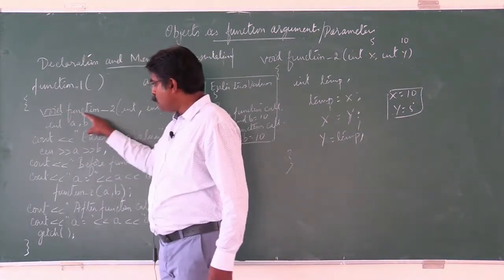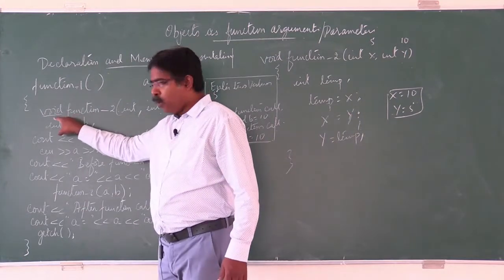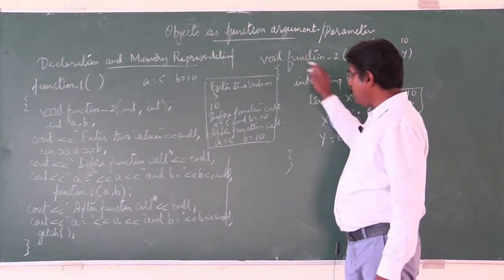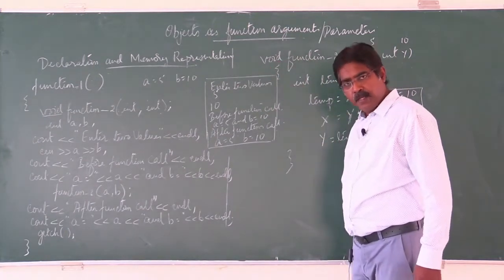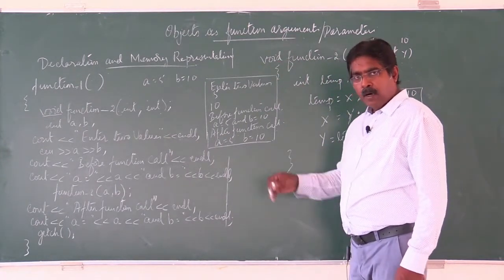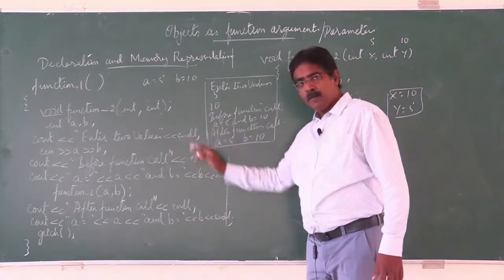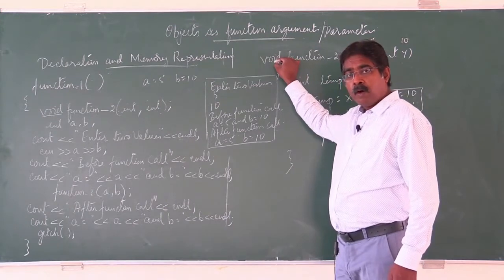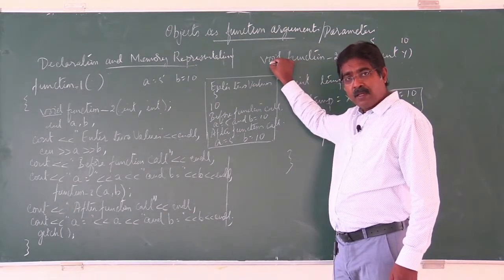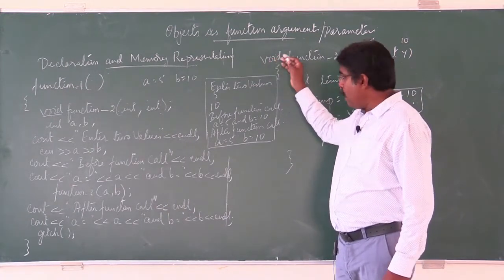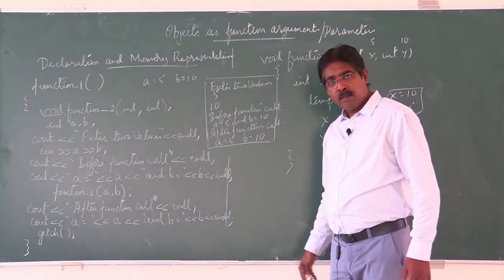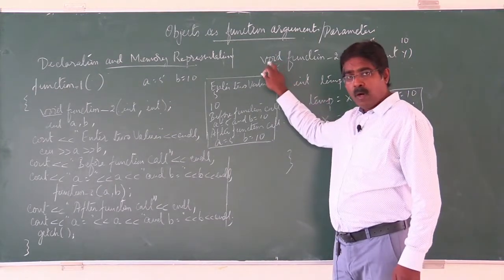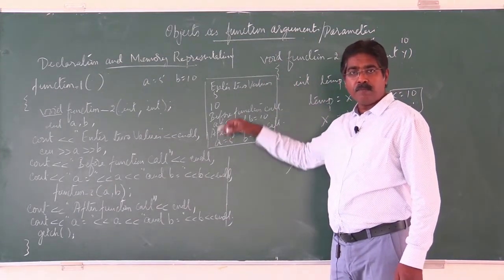That is, in this header, void means that a function will not return any value. If at all a function is returning a value, it may return an int or a float or a character or double. So any value it may return. But here in this context, I have taken void, so the function is not going to return anything.